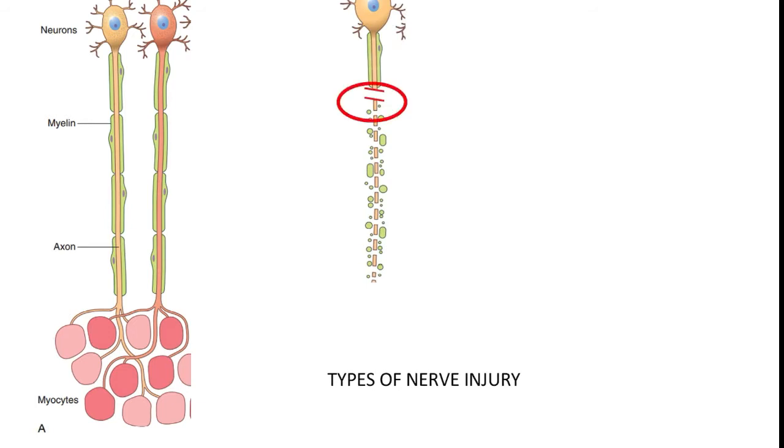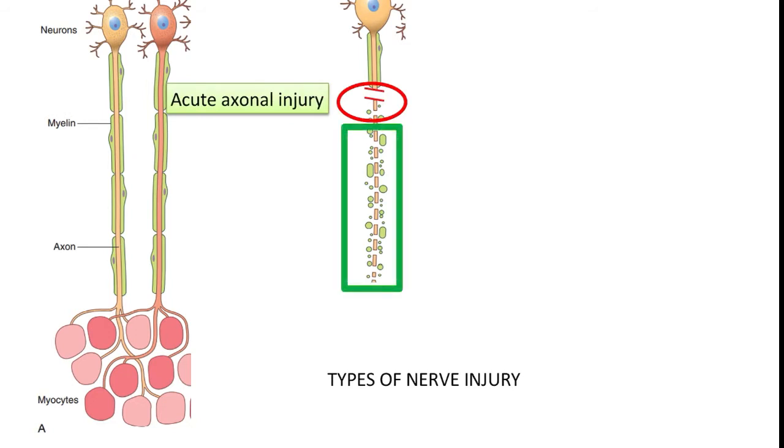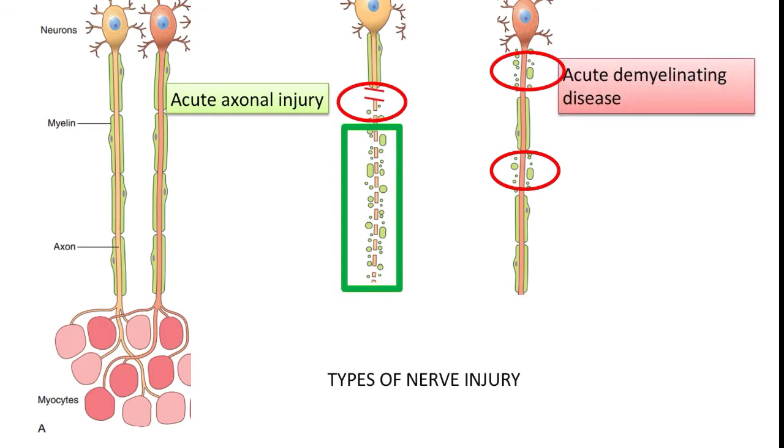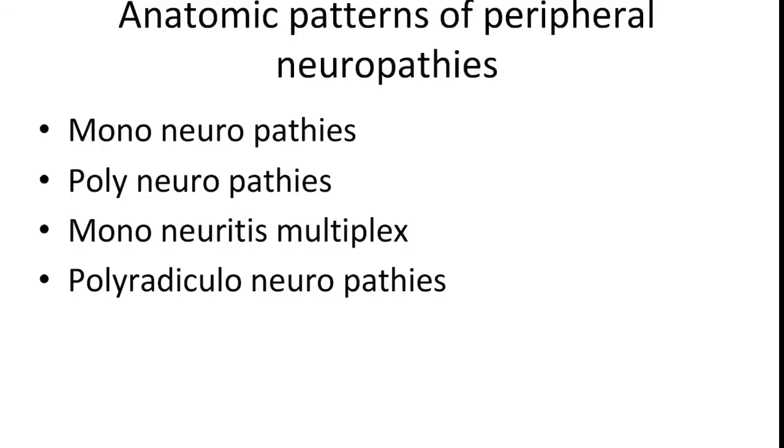This is axonal injury. Here you can see, and below that the whole axon has been gone. With the axon, one thing you have to remember is that Schwann cells or myelination is also gone. So in axonal injury, not only the axons, the Schwann cells are also gone, and in case of this there is a myelination problem, axon is still there. So in demyelinating diseases, basically the axon is there and only the myelination has been lost. Axonal nerve injury is more common than demyelinating diseases in general, and axonal nerve injuries have many causes.